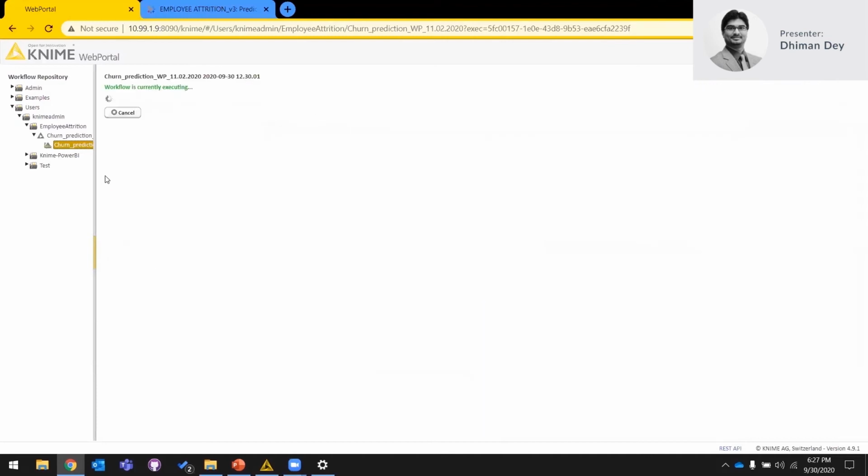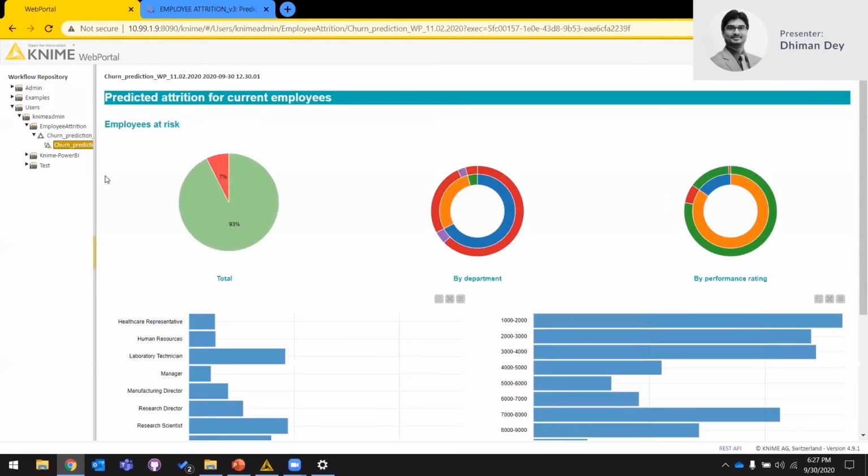If we go to the next, we're going to quickly understand the summary of the people who are leaving, and try to get an understanding of the different factors for the people that we have predicted might leave the organization, and what the splits are across those. The employees that are at risk, that we have predicted, are around 7%.